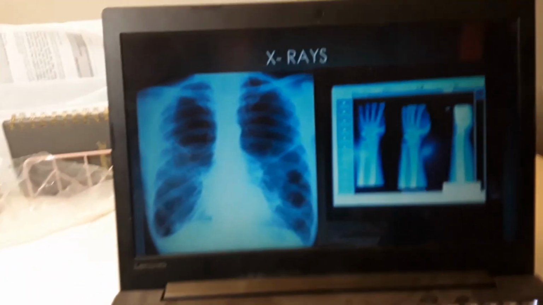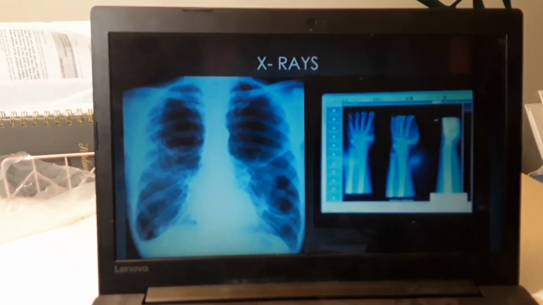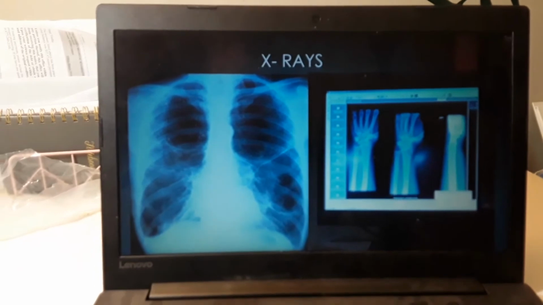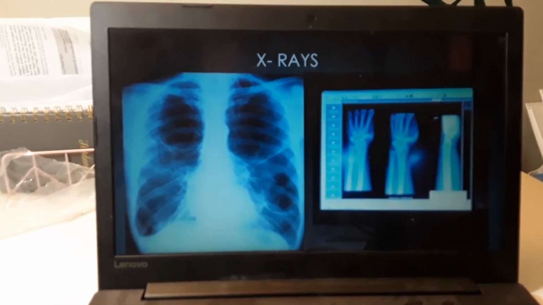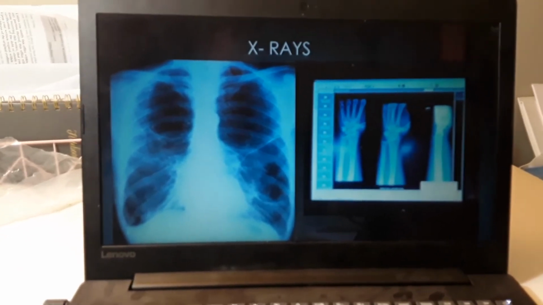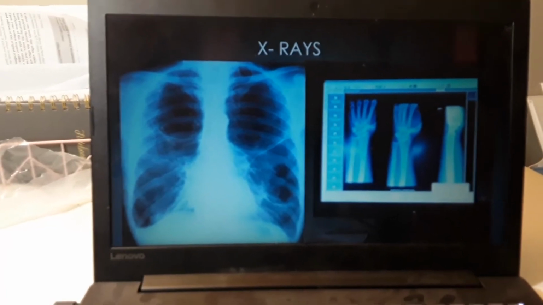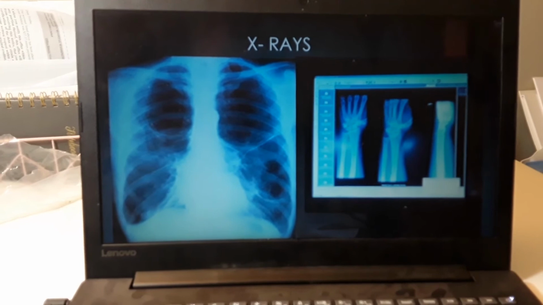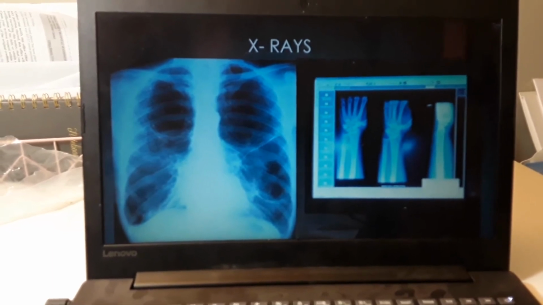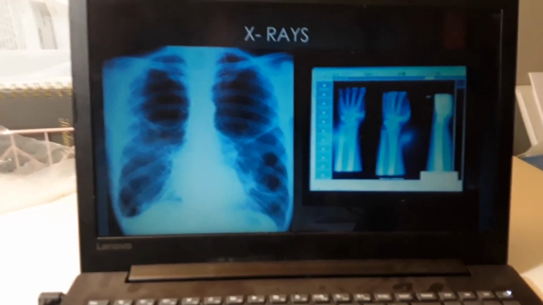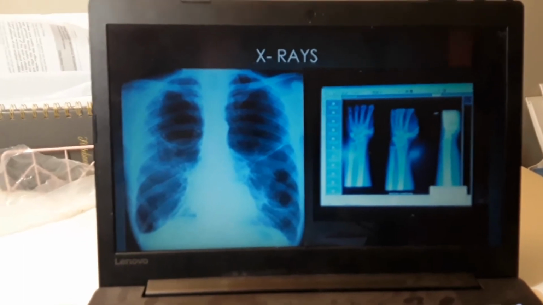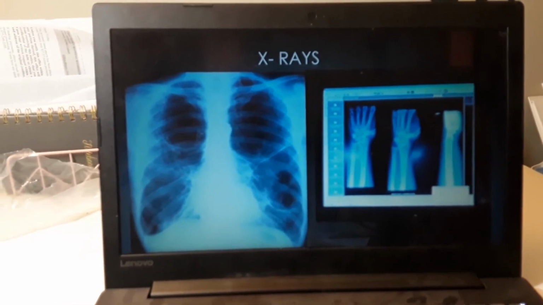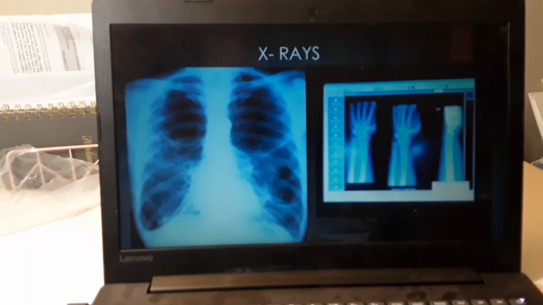X-rays can travel through things that ordinary light can't because they're more energetic. X-rays are produced in a more energetic version of the same process. If you want to make X-rays, you simply fire a beam of high-energy electrons, accelerated using a high-voltage electricity supply, at a piece of metal. The metal usually used is tungsten. Then what is reflected back is neither light nor electrons, but a beam of X-rays from that